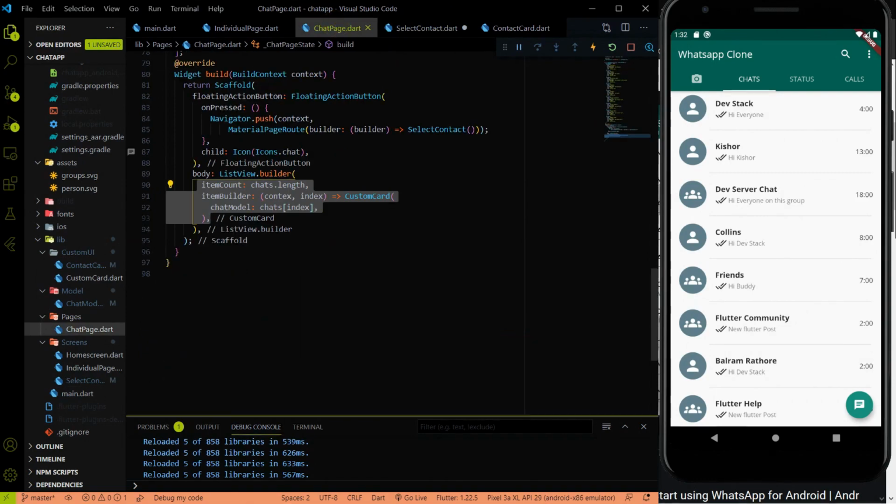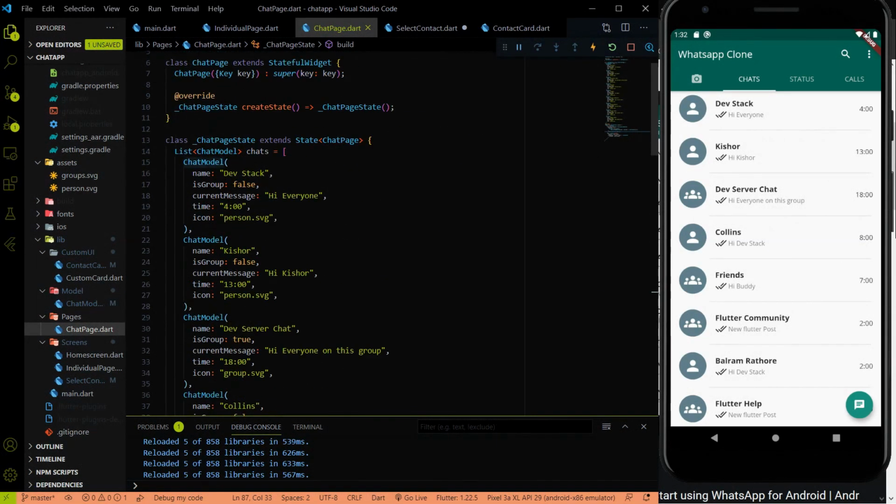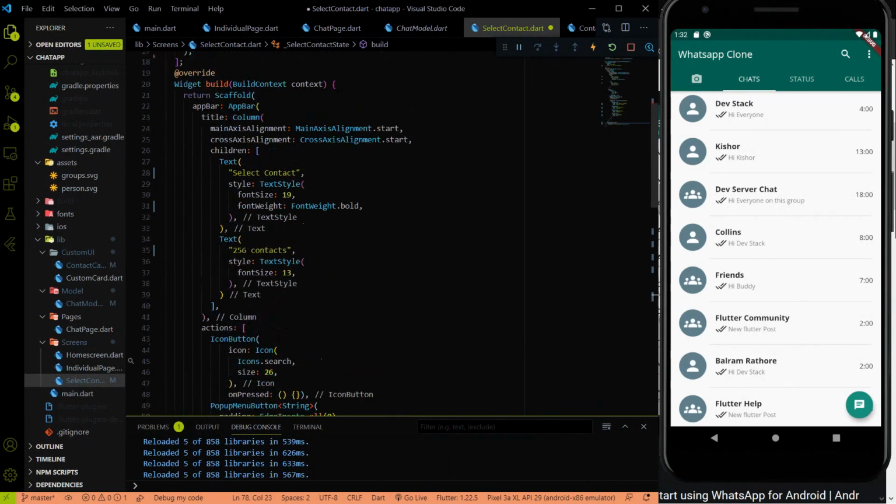In the chat page, you will find that we were using the chat model class. In the chat model class, that is a model class, I added an extra field called status. So I'm going to use this same chat model class for the select contact.dart page, and I'm going to